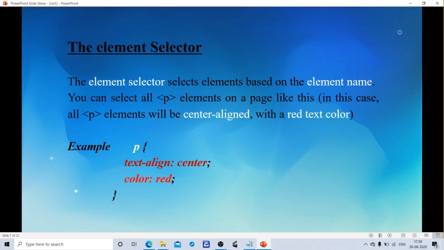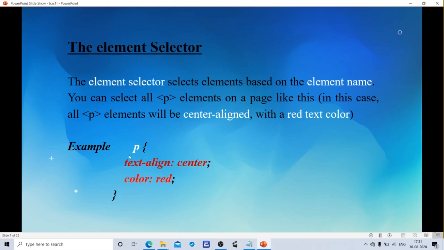How do we select this element as selector name? With an element name. Here I have taken P paragraph tag. This is our element name and the selector is P. So the element selector selects the elements based on element name. According to our syntax rule, selector followed by declaration block. Declaration block enclosed with curly braces. N number of declaration statements are separated by semicolons. Each declaration statement includes a property name and a value separated by colon.